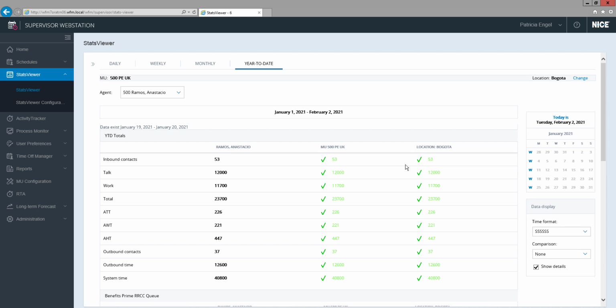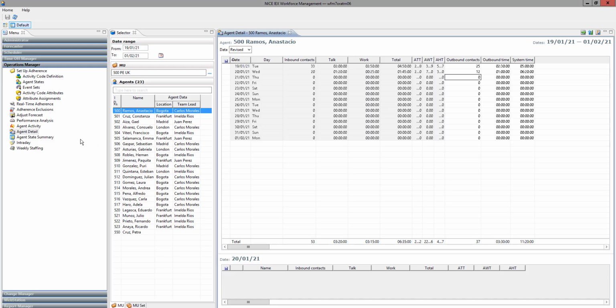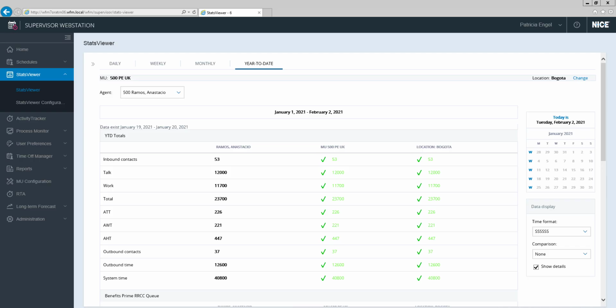This information comes directly from WFM. And where can we find this? If we go into WFM and we go into Operations Manager, under Agent Detail, this is where we can find this. This is where this information feeds from. This information comes directly from the ACD. We can see it as a supervisor in WFM, but then also team leads and the agents will be able to see it in